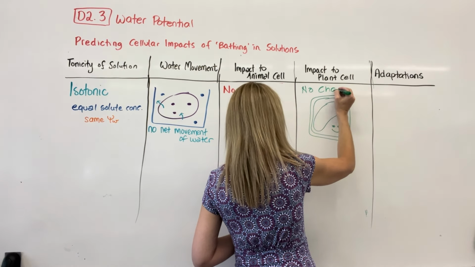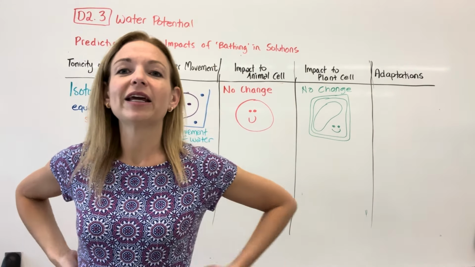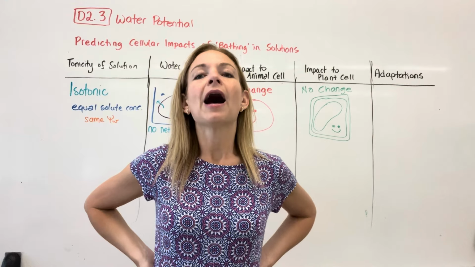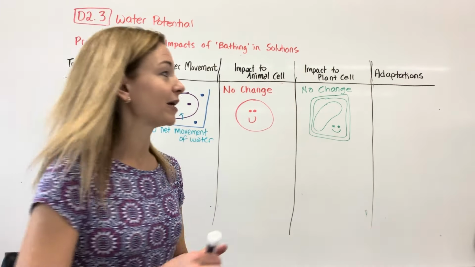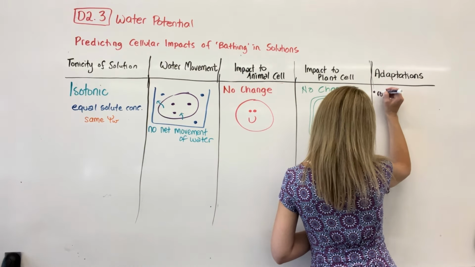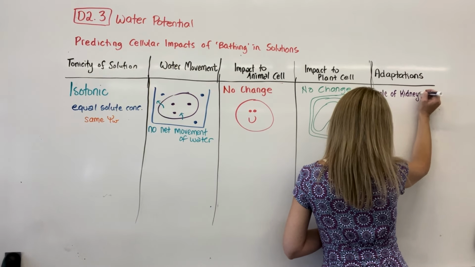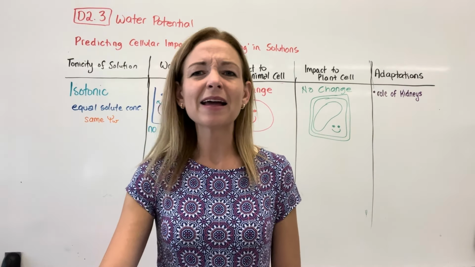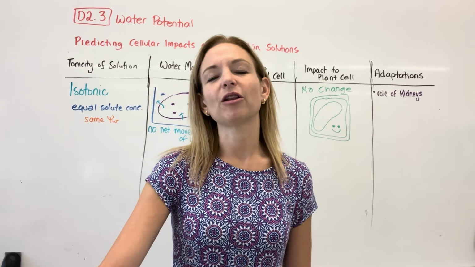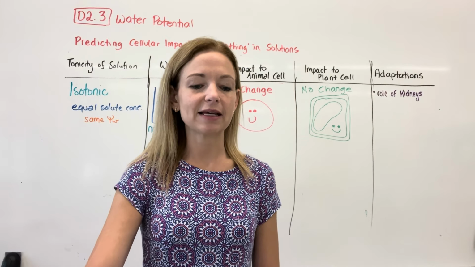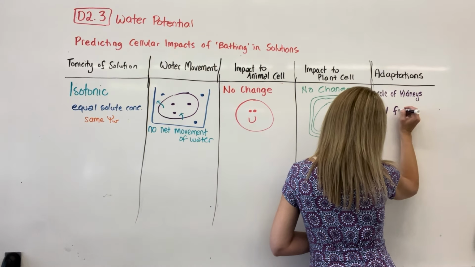So in terms of applications, like I said, when we get to it, we'll talk quite a bit about how in our bodies, our kidneys are working to maintain this point whereby our bloodstream is isotonic. So that's a really important application. So I'm just going to write the role of the kidneys. So in most animals, there's some sort of system like that. A bit more complicated in plants. They would have to regulate it more on rates of looking at things like transpiration rate and closing guard cells and things like that. The other one that's mentioned in this section is to recognize that IV fluids.